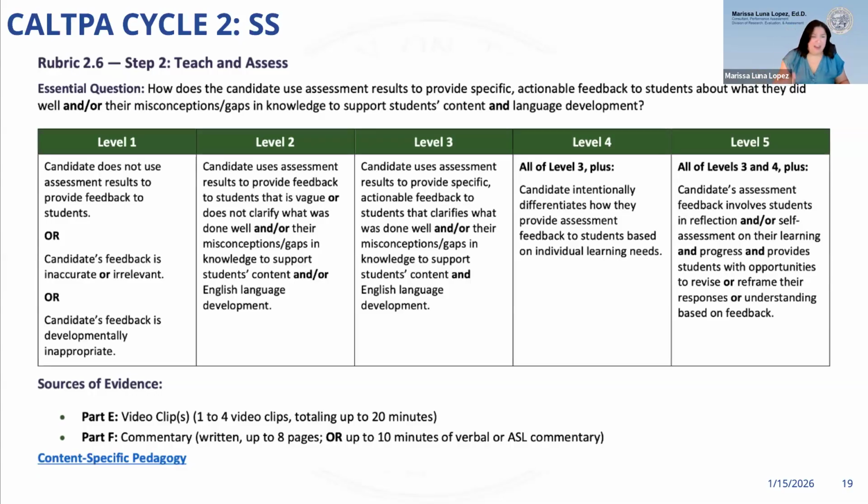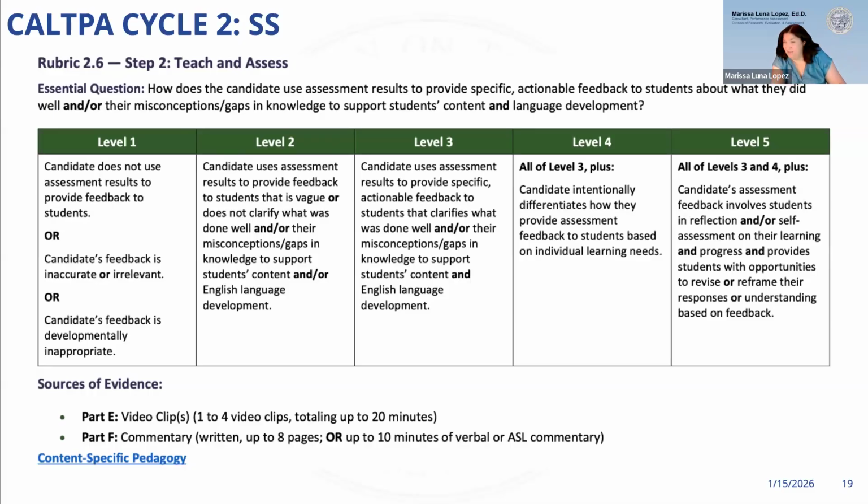But if they say, "Hey, high five, great job, you did a really nice job responding to that prompt, and I can tell that you are focused on this and you know what we're doing," right? That's something specific. That's something that they're moving forward with. Actionable, maybe, we can keep moving forward. But so that might be a part. I don't know. Like I said, we're looking at this data. It's a new performance assessment. We're trying to figure out kind of what's happening here. But in this rubric, the evidence is the video clips and the commentary. And so if we don't see it, and if it's not corroborated in commentary, they won't get credit for it.